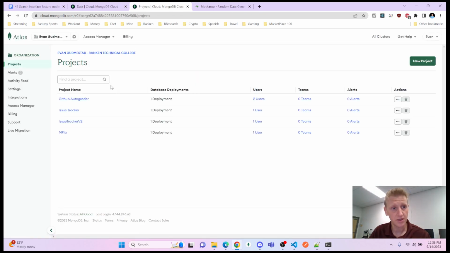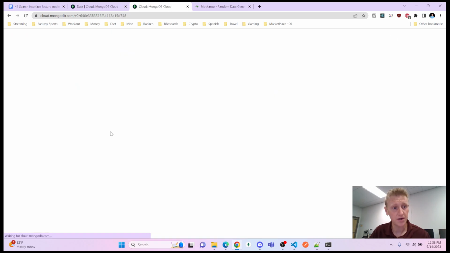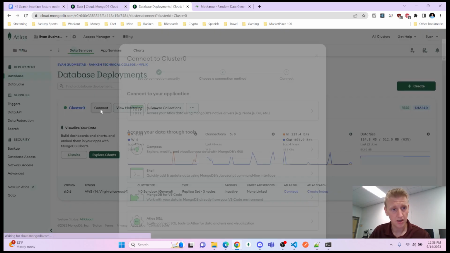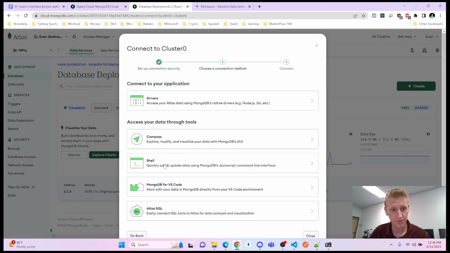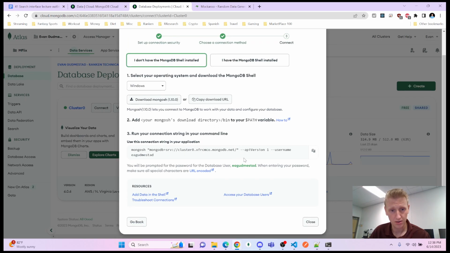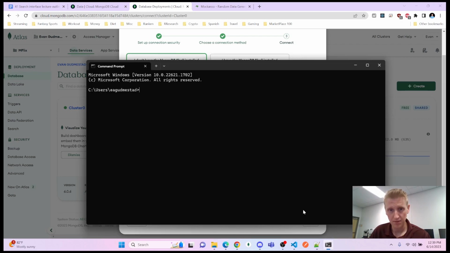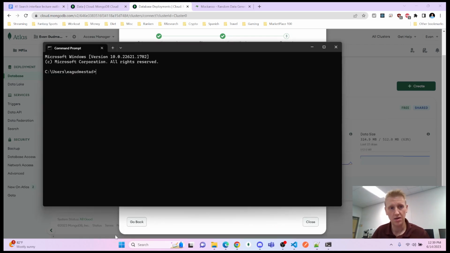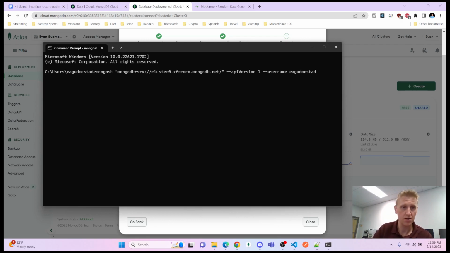Let's connect through shell. Paste that in. All this is a normal command prompt, so I just went CMD, paste in my connection string,